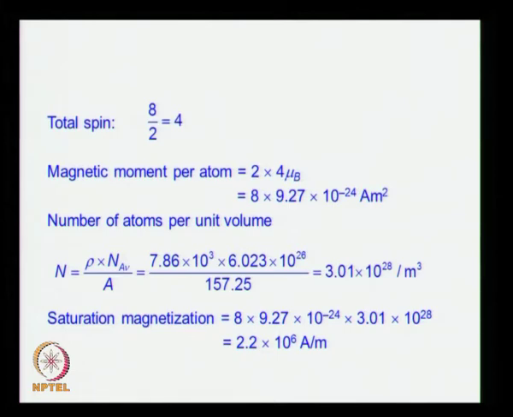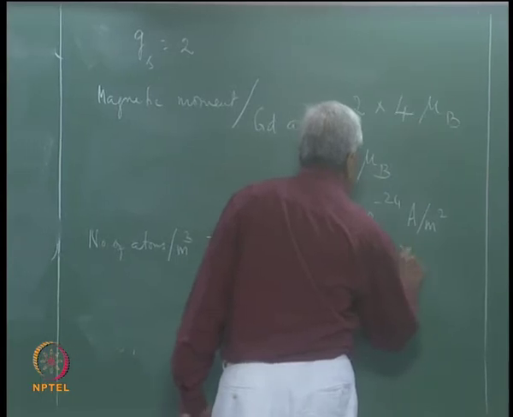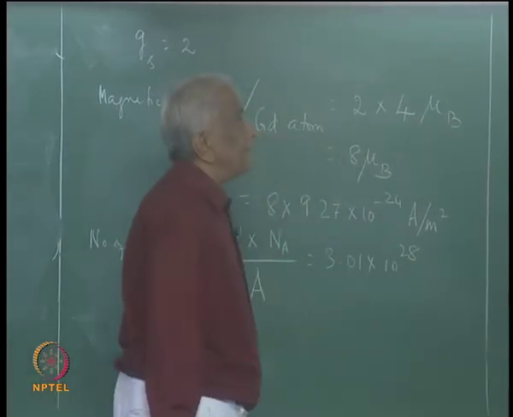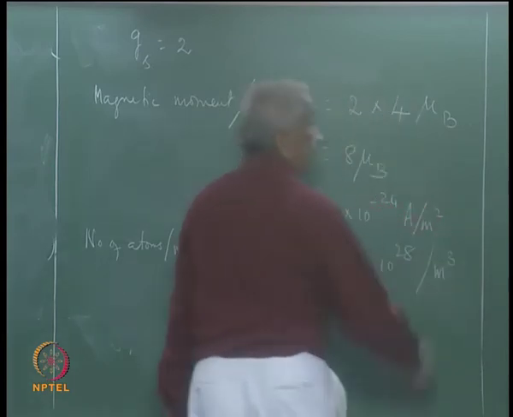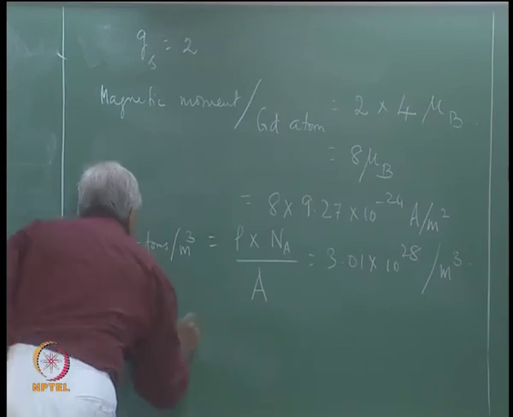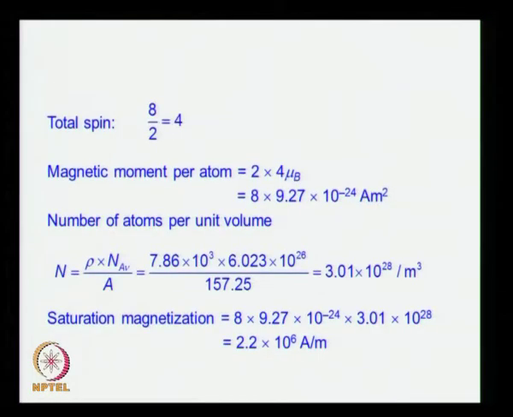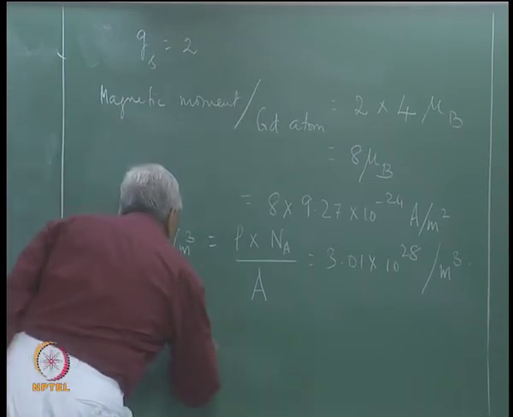So, this works out to be, substituting the numbers, per meter cube. So, the saturation magnetization is therefore just the number of atoms per meter cube times the magnetic moment per atom, and that works out to